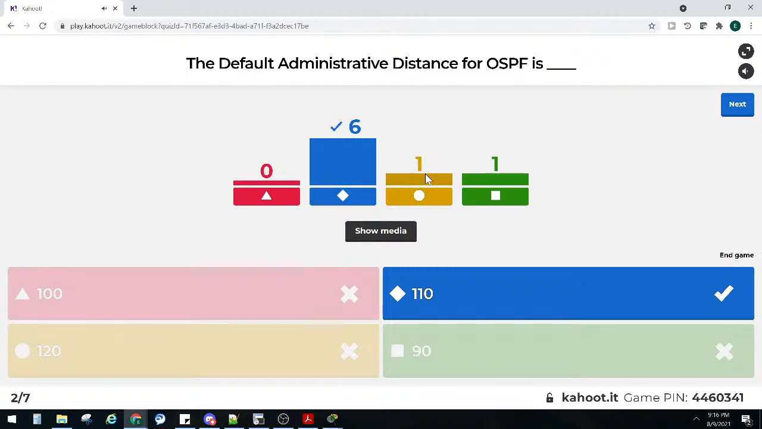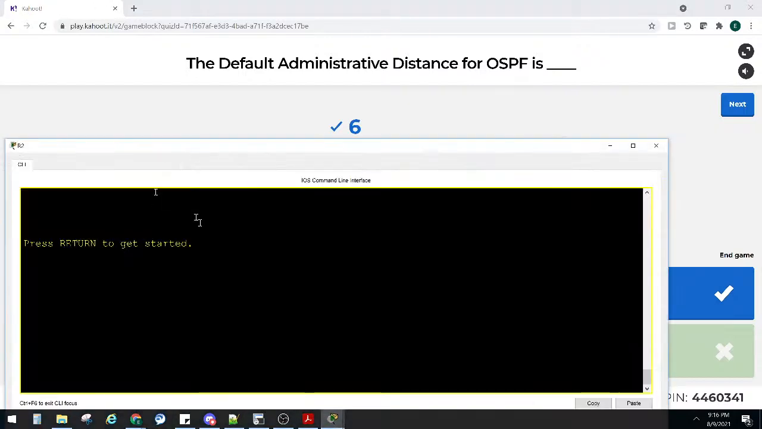But most of y'all got it correct. The administrative distance for OSPF is 110, right? We discussed that when we looked at the routing table. All right, pull up the routing table, and we'll see